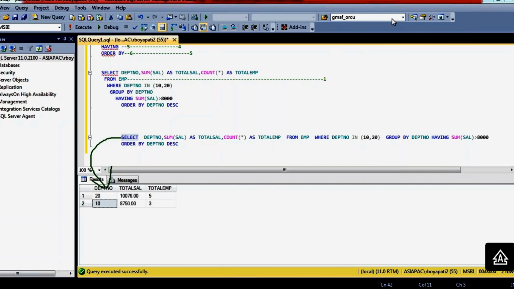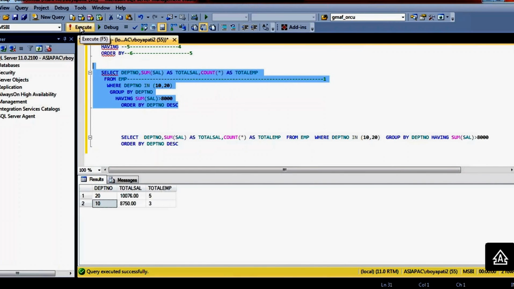Once you are executing this command, if you are starting the execution inside the SQL server, first it will start from class, it will filter the data, it will group the data, again it will filter the aggregated data, and finally it will sort the data, finally it will display the data, that is select command.